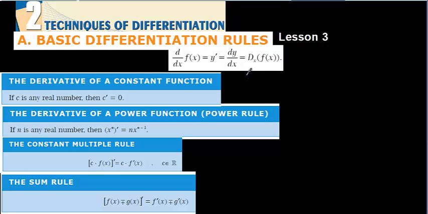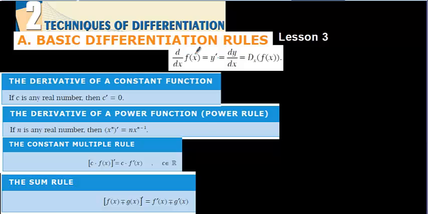In this video we are going to learn basic differentiation rules, and for the differentiation we are going to use these notations. When we write y derivative, this expression means derivative. When we put this sign here, it's going to be derivative of the function. Find the derivative of the function. It means here